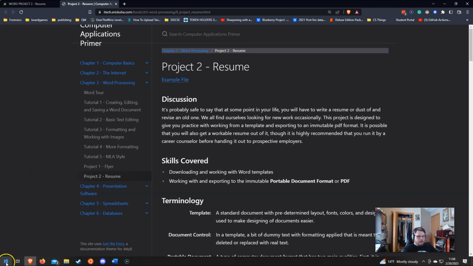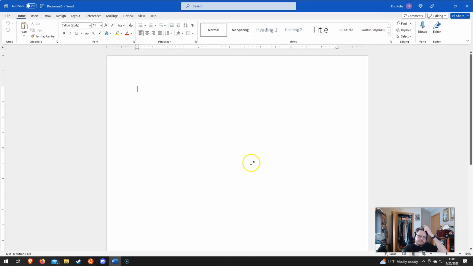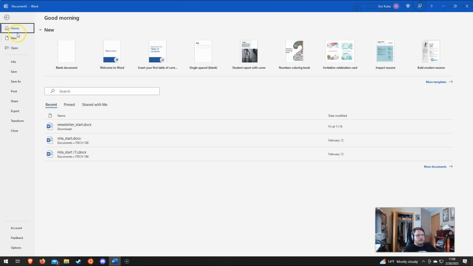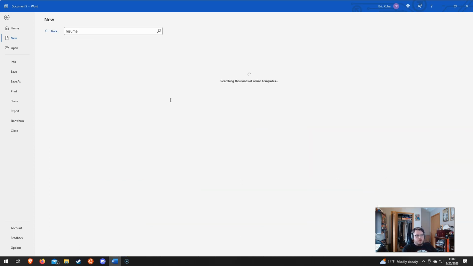So Microsoft Word, let's just open it up. I want to create a new document. And what you have here is a search bar where you can search for templates. Other word processors do have templating systems, but none of them has quite the extensive library that Microsoft Word does. So let's type the word resume